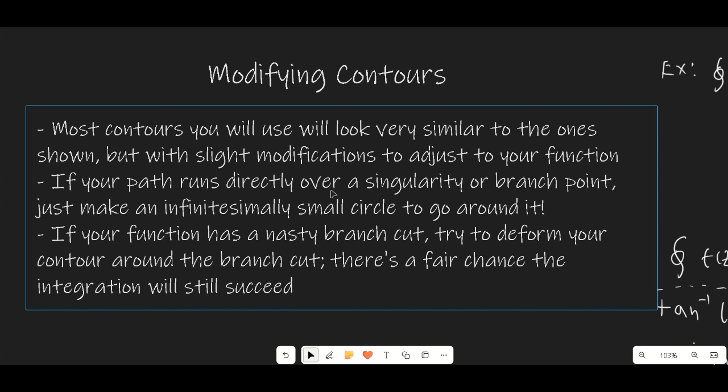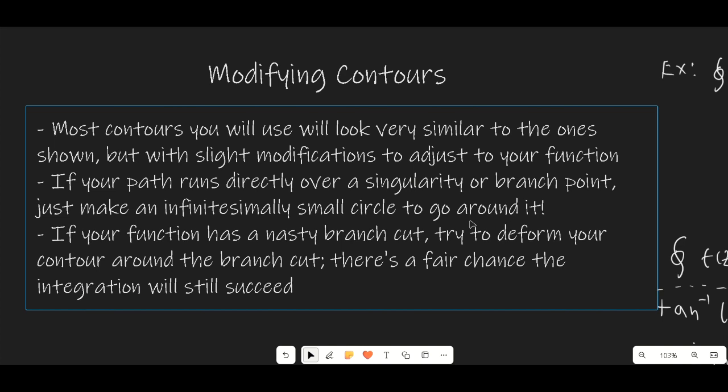If our path runs directly over a singularity or branch point, the only thing we really have to do in that situation is make an infinitesimally small circle to go around it. And you'll see this in a lot of different contours. I'll show you an example. If you think about the keyhole contour, that's pretty much what we're doing there. We're just having an infinitesimally small circle just to go around that branch point at 0,